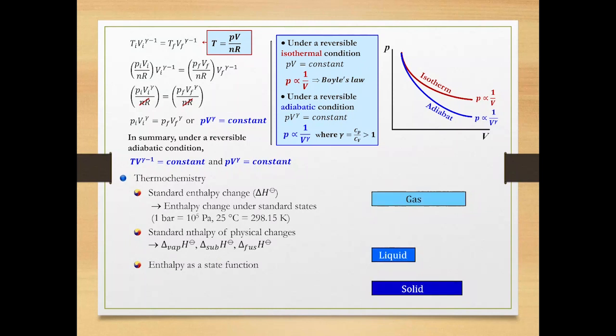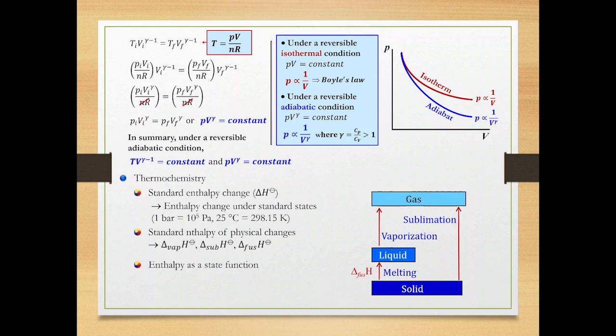Here is a diagram that illustrates the phase changes of a substance. Heating solid causes it to melt to liquid. Continuous heating would cause it to vaporize to gas. However, under a specific condition, the solid may sublimate directly to gas. The heat associated with melting is called enthalpy of fusion.